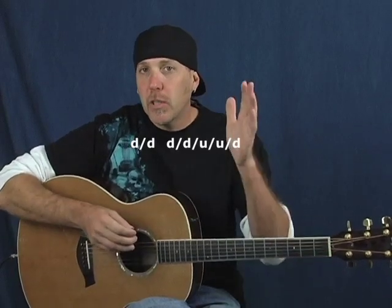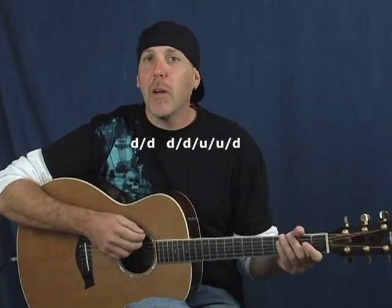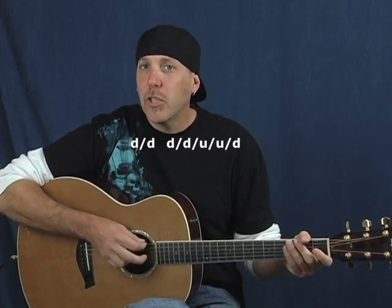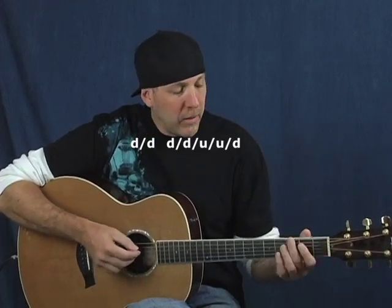And the reason I want you to separate the first 2 downs and the second 2 downs is in that progression, I was playing, on the first 2 downs, the low E string. I was doing what I call breaking up the chord, just to add a little variation. I was just playing the low E or the A string for the first 2. Then the next 2 downs, I was playing the whole chord. You know, if I do it on that G major 7,